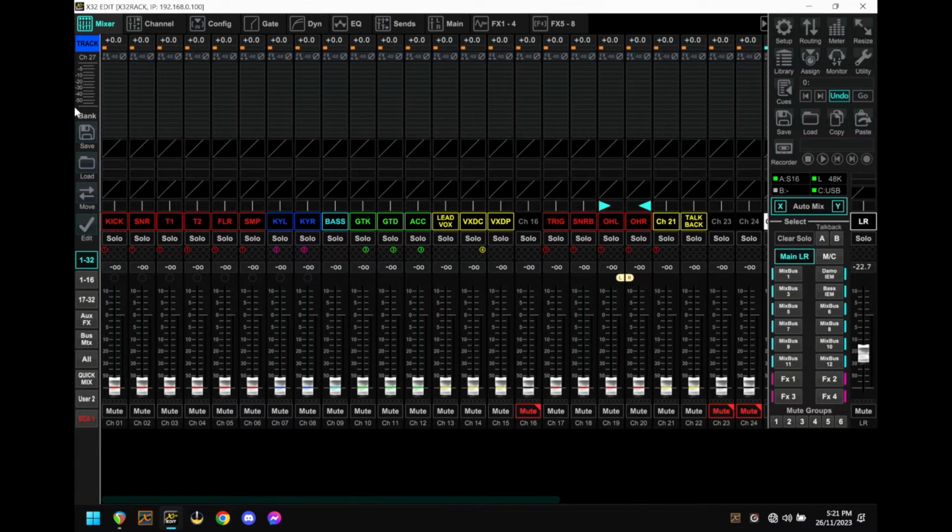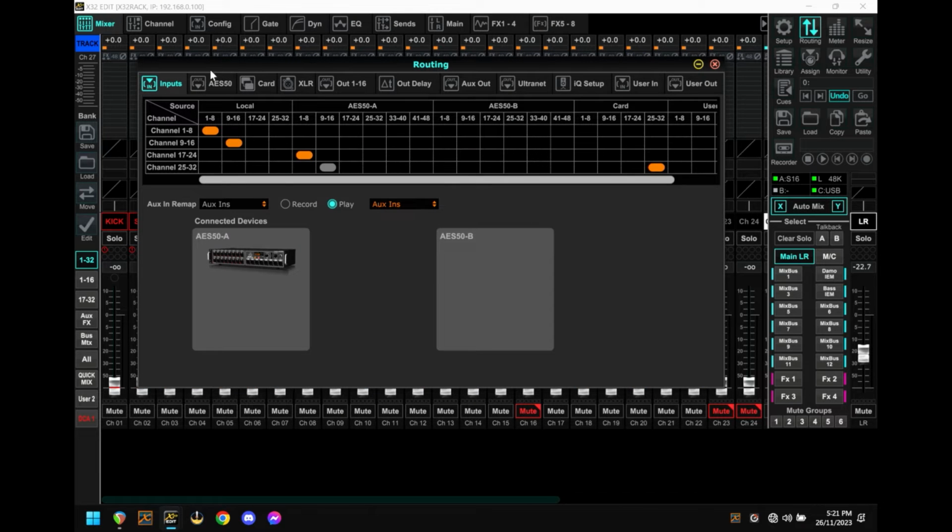Now I just quickly want to go back to the X32 Edit software. You remember earlier that under the routing tab, under the inputs, we spoke very briefly about record mode and play mode. And this is going to come in very, very important now. And I'll just take a moment to explain what these are about. So with the X32, when you connect the card to a computer, you have two modes available to you. One is record mode and one is play mode.